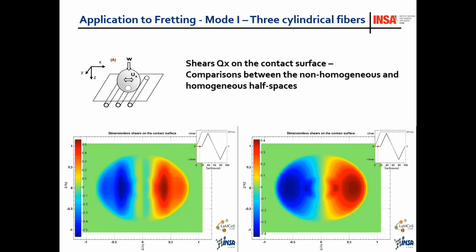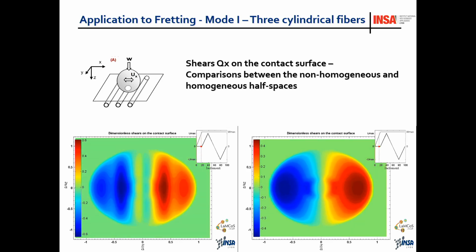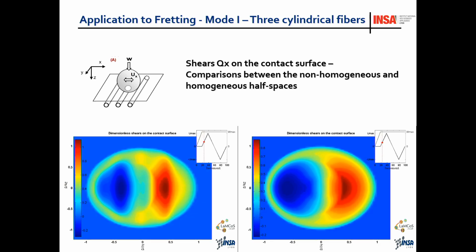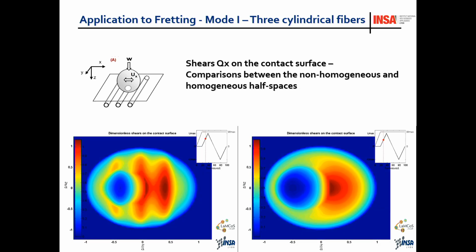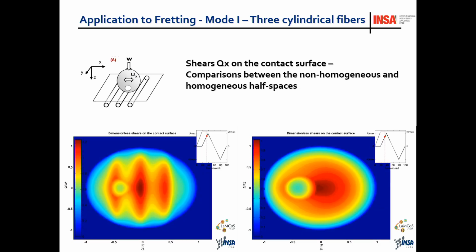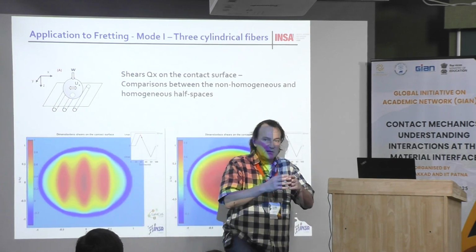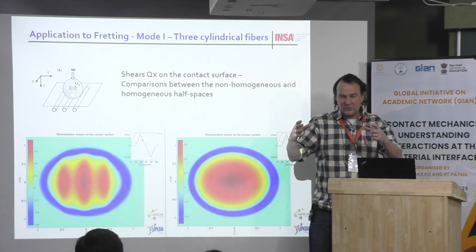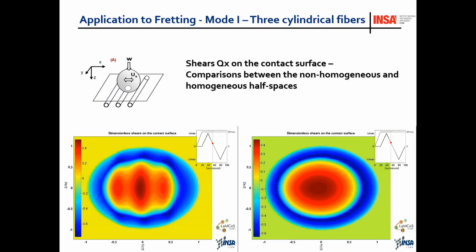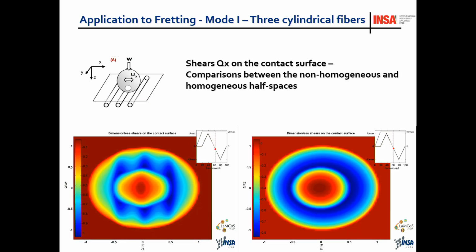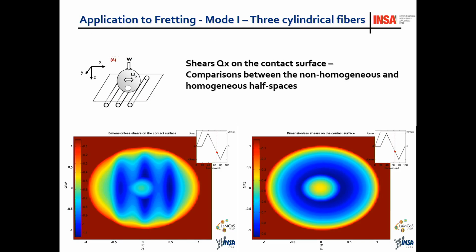Then we will soon see the presence of the three vertical fibers, and now we move in one direction. This area in blue was a sticking area, because at the beginning everything is sticking, and when it starts to slide by the border of the contact, because it is moving, there is a small area which remains sticking. The same now in the center, this is sticking, and it disappears, and so on. And this is the homogeneous solution.